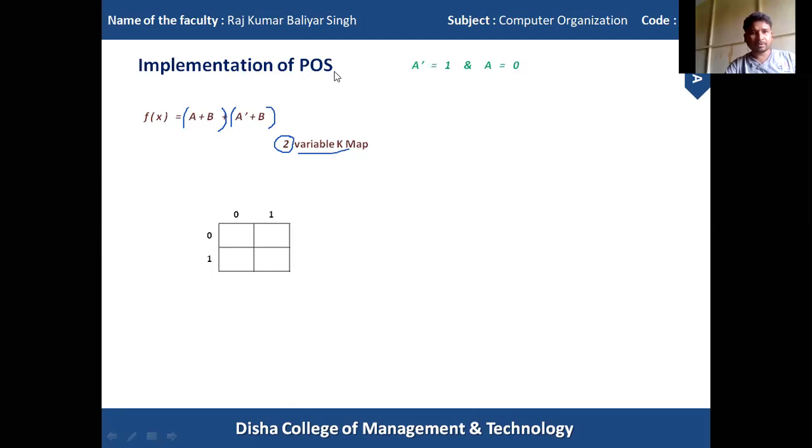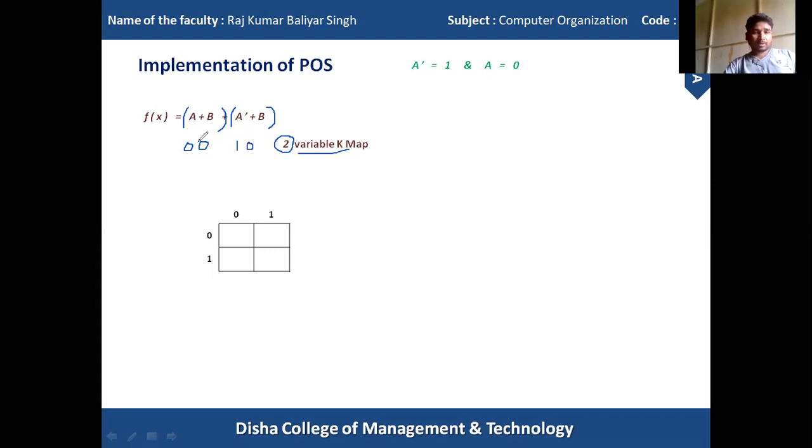Again, in POS the rule says that the non-complement variable is represented with 0. Whatever variable is present inside the Boolean function, if it is non-complement, it must be replaced with 0, and the complement variables present inside the function are replaced with 1. If we apply this rule to this Boolean function, we get it like this. As a is a non-complement variable, I put 0 here, 0 0, and this a is a complement variable, so I use 1 here, then this is a 0.